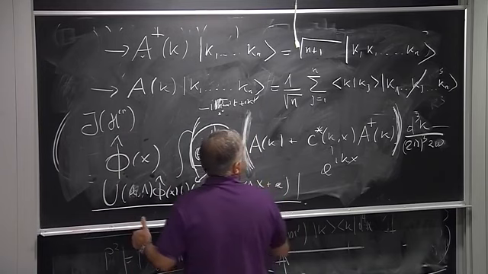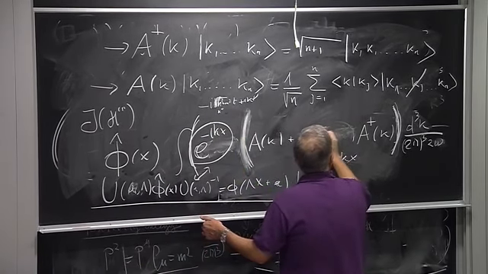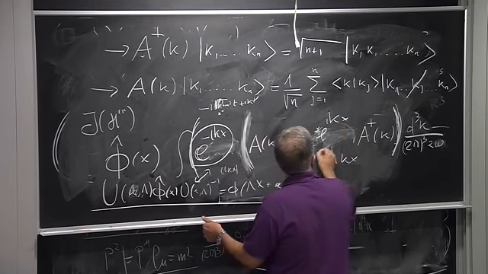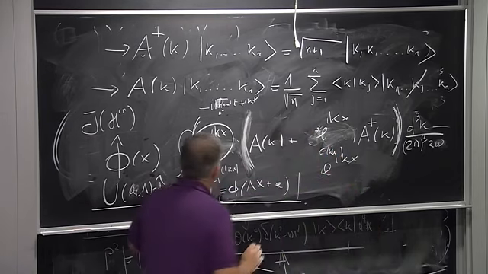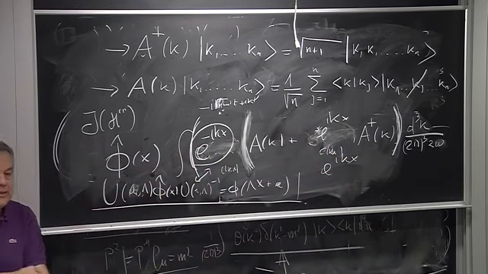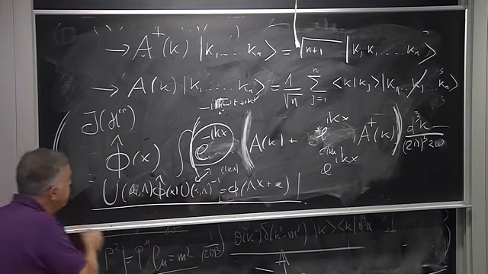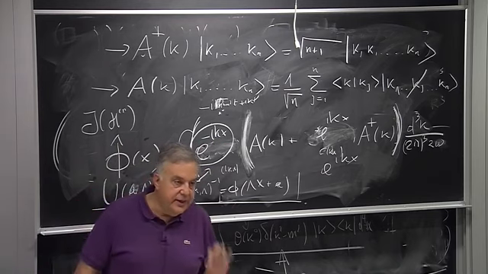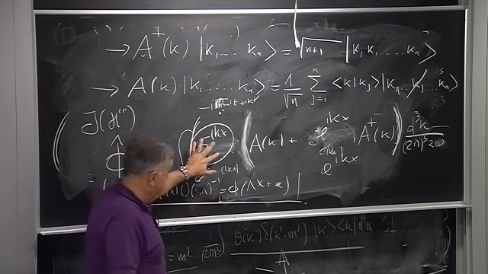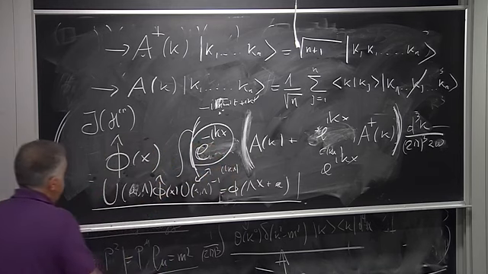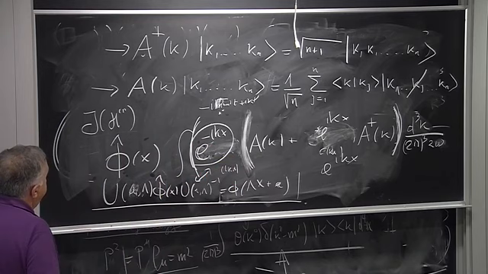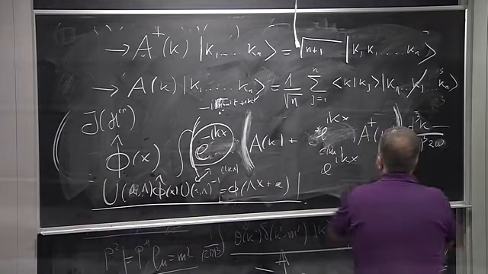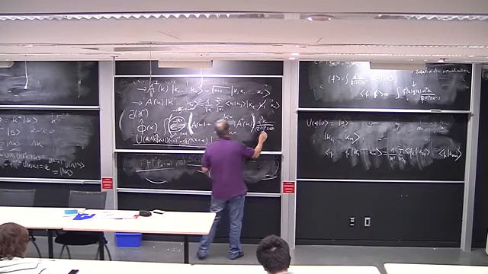Okay. This is e to the i k x. In the general case, you have two functions here. But if you impose Poincare invariance, you get these exponentials. Because you know very well that the exponentials are characters of the translation group. And that's the crucial property that selects this answer. Okay? So in this way, we have constructed a Hilbert space and a field, and you can check that the commutation